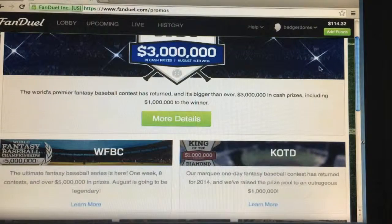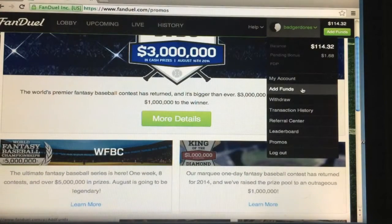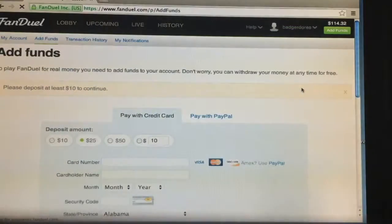And if you've never played FanDuel before, they've been around for a few years now. It's probably the biggest site in the US. And again, as you can see, for adding funds, you can use a credit card or you can use